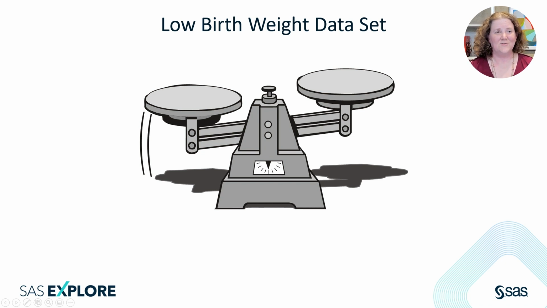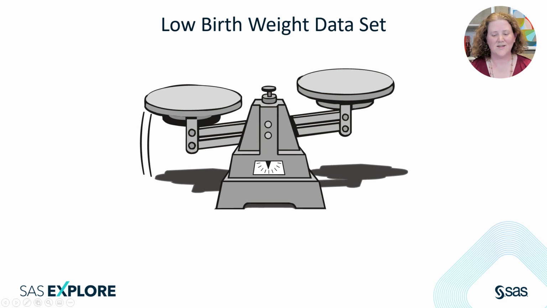The dataset that we're going to use in this demonstration is the low birth weight dataset. The outcome in this dataset is the birth weight of the baby. This is in grams. A baby is characterized as low birth weight if their birth weight is 2,500 grams or less. We have some additional continuous predictors that we can relate to the baby's birth weight, and this is age of the mother in years and weight of the mother at her last menstrual period, so you can think of that as her pre-pregnancy weight. We also have some categorical predictors.